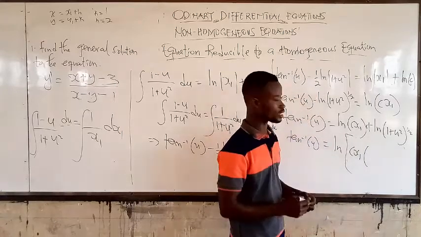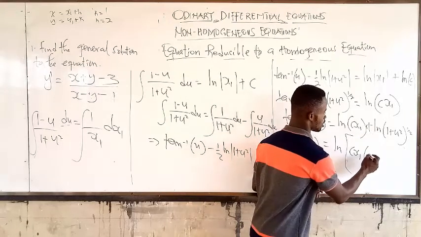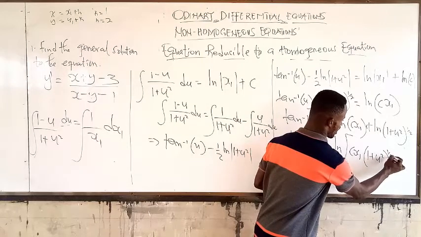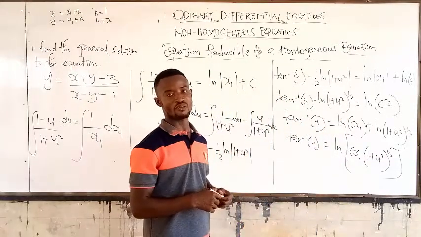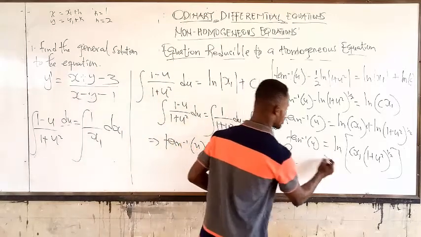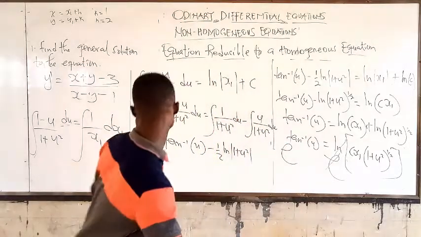How are we going to see that? Since it's flat, here we get (1 plus u squared) to the power half. Okay, very good. Then we take the natural log on both sides. So natural log cancels this. So we get,